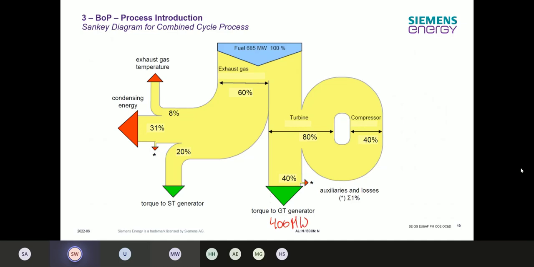So that's the amount on the generator, which you are generating and sending into the grid. Then the turbine part of the gas turbine would produce 800 megawatt, so double the amount, and the compressor will use 400 megawatt just to compress the air. So half of the power